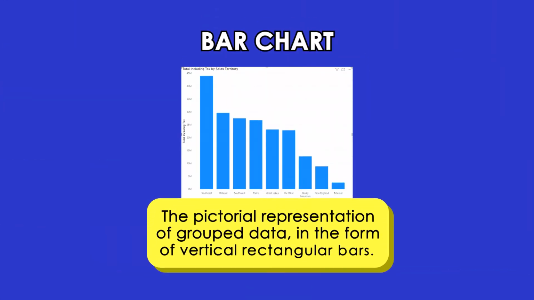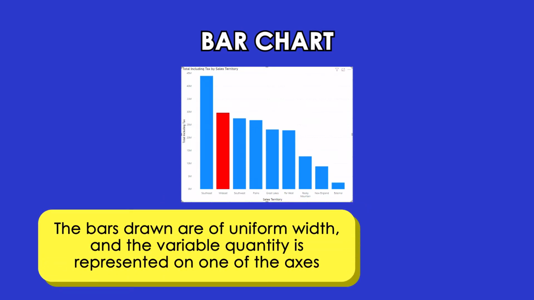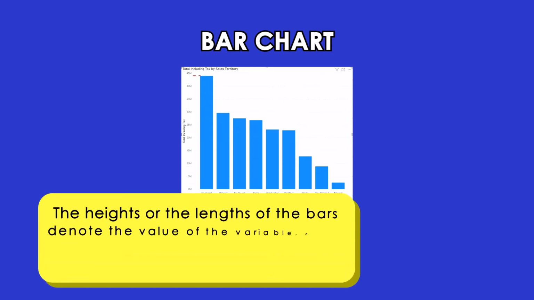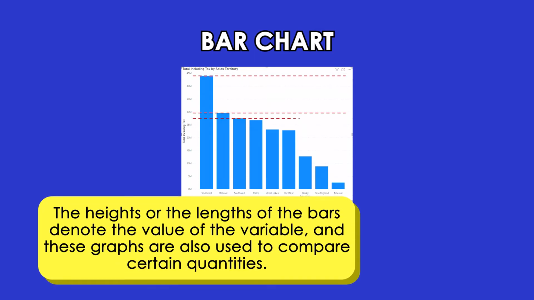The pictorial representation of group data in the form of vertical rectangular bars. The bars drawn are of uniform width and the variable quantity is represented on one of the axes. Also, the measure of the variable is depicted on the other axis. The heights or the length of the bars denote the value of the variable, and these graphs are also used